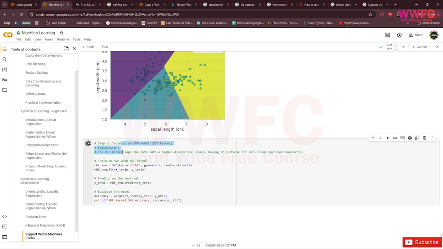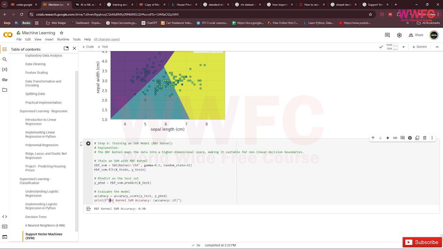Training the SVM model: the RBF kernel maps the data into a higher dimensional space, making it suitable for nonlinear decision boundaries. If you can see, using this RBF kernel, you fit X train and y train and predict.